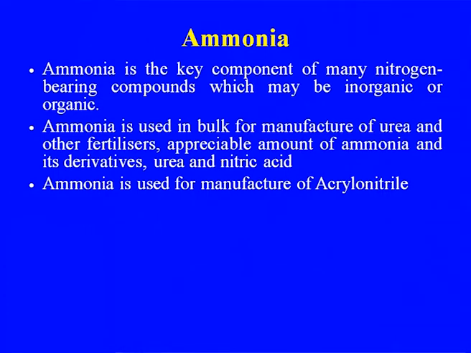Ammonia is used for the manufacture of acrylonitrile, which, as I told you, was one of the major changes in process technology, earlier being from the acetylene route. Now it is propylene and ammonia, the SOHIO process, that we are using for the manufacture of acrylonitrile, which has revolutionized the synthetic fiber industry, providing a substitute for wool.